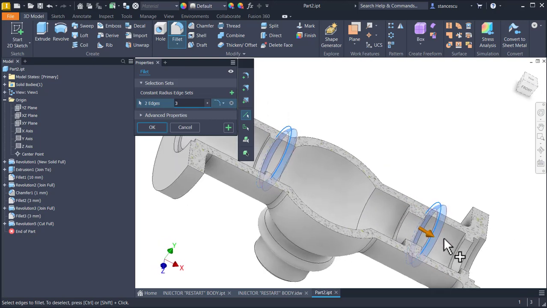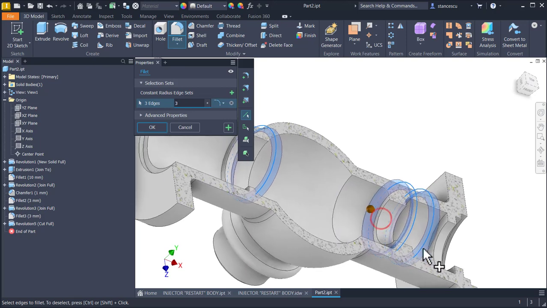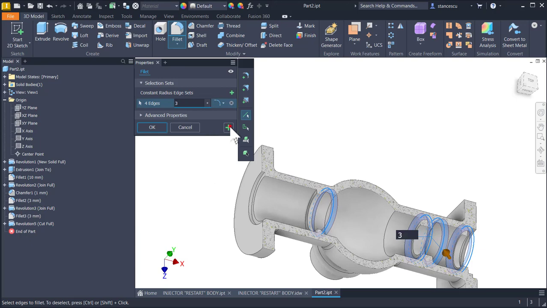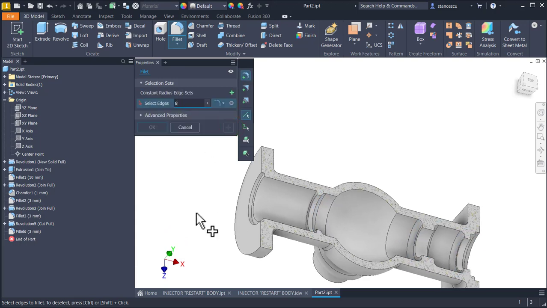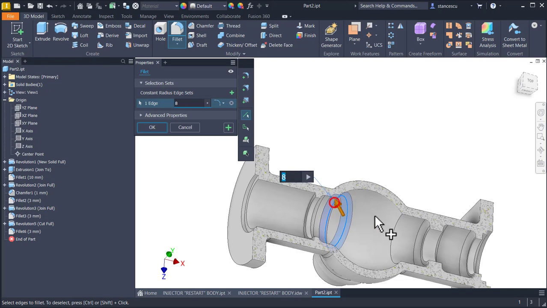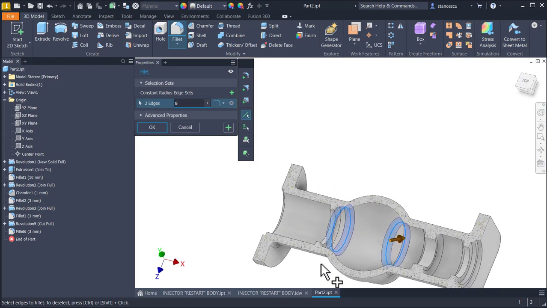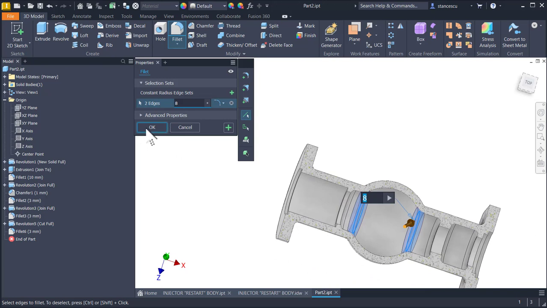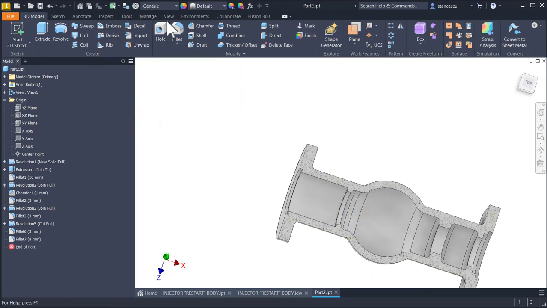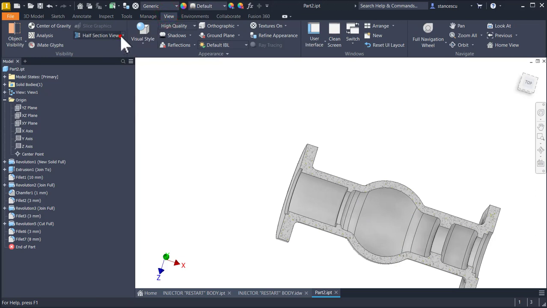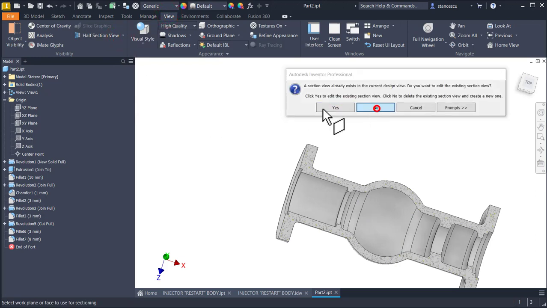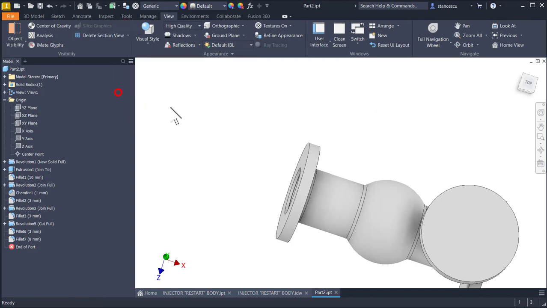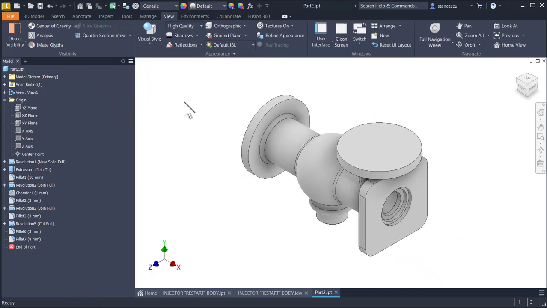Here is also 3, also 3, also 3, plus 8. 8 are these two edges, you see? Okay, now I can go back to disable this section view, half section view,